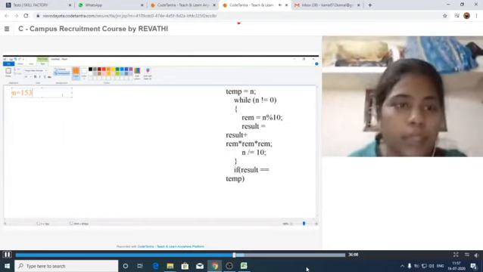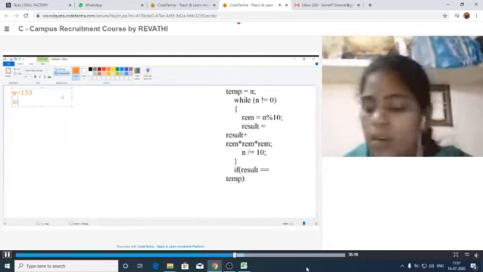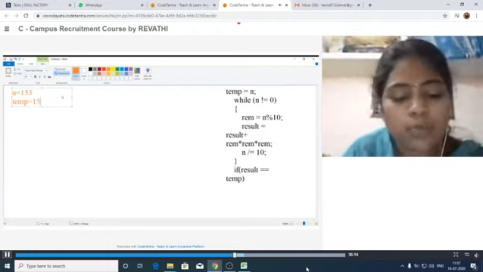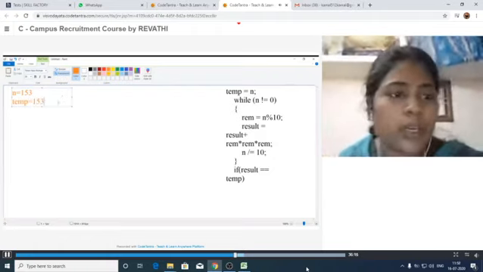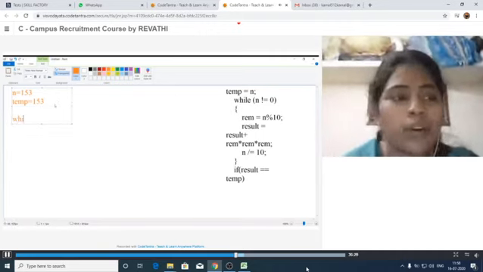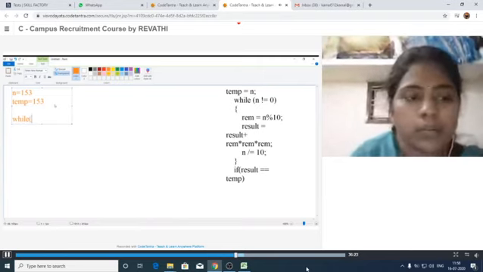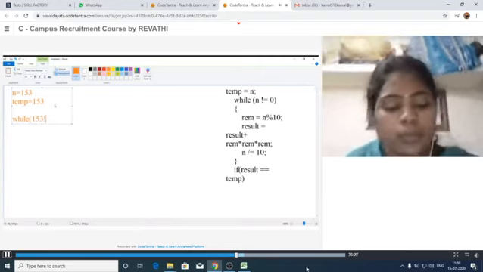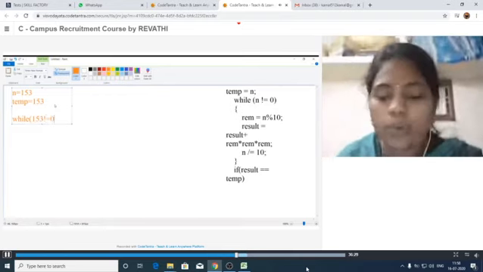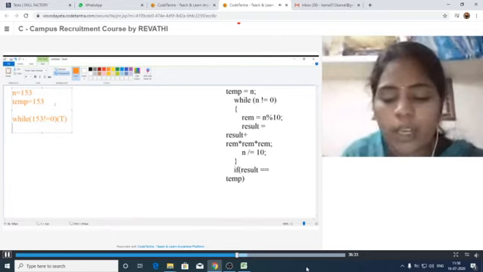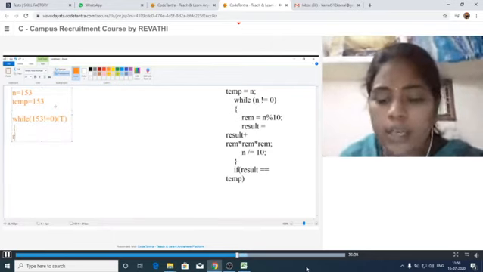Initially we are storing this value in one variable, that is 153. So this 153 will be stored in the variable temp. We have to check the condition while n not equal to 0. Yes, this condition is true. After that it has to perform the three operations.